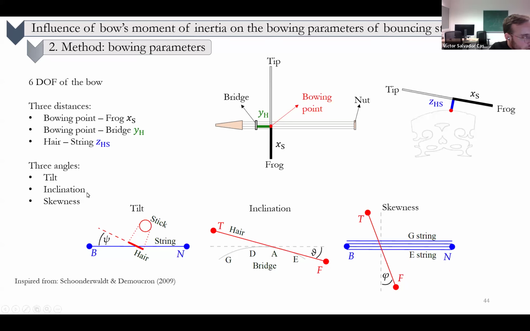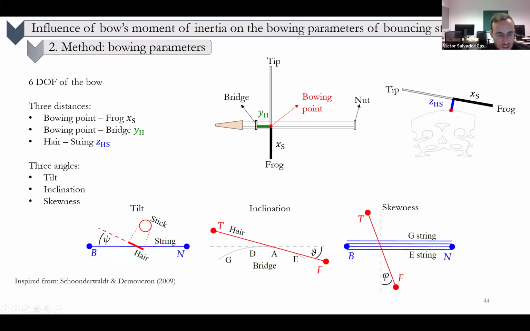And then we have three angles: the tilt, which controls the amount of hair that we are putting on the string; then the inclination, for choosing the string we want to play; and the skewness. This is a measure of the perpendicularity